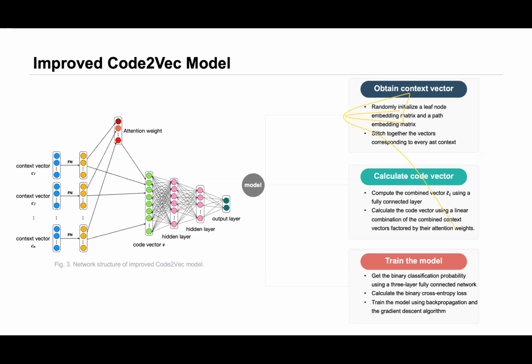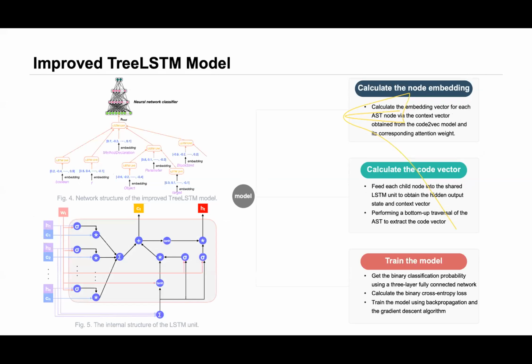In this way, by modifying the training objective, the improved model can capture potential patterns of defects from the abstract syntax tree and pay higher attention to the path contexts that may be related to the presence of defects, which can fully exploit the attention mechanism. Since the whole model training process does not involve function names, the dependency of the original model on the method names is successfully avoided. Next, I will present the second model participating in the final prediction.